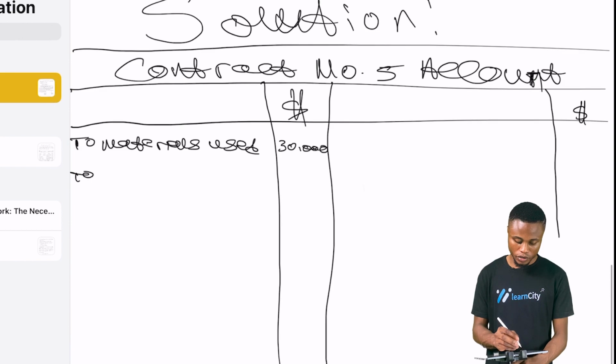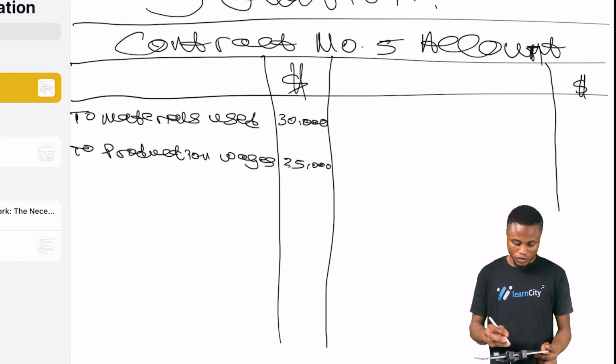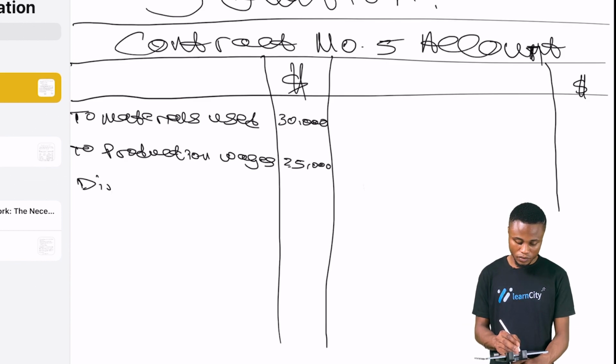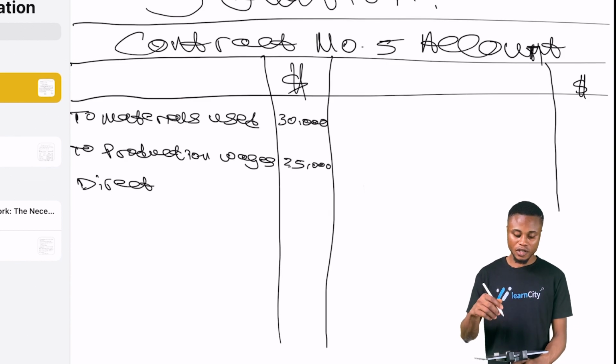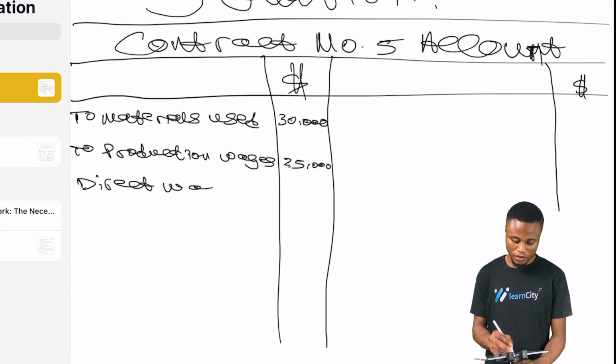So to production wages, $25,000. And also they give us our direct expenses. Everything they spent will be on the debit side. Direct wages,